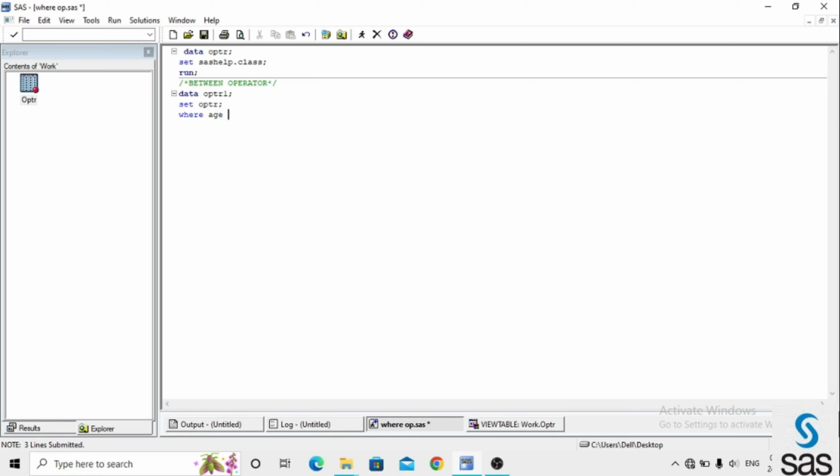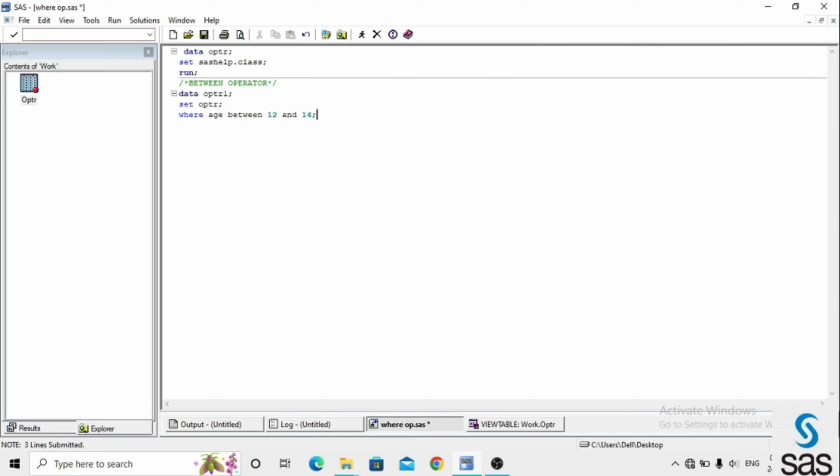First is where, the variable name is age, between is the operator, and now the condition is 12 and 14. Did you get it? What we write here is where age between 12 and 14, and the meaning is that I want observations in the age variable from 12 to 14.